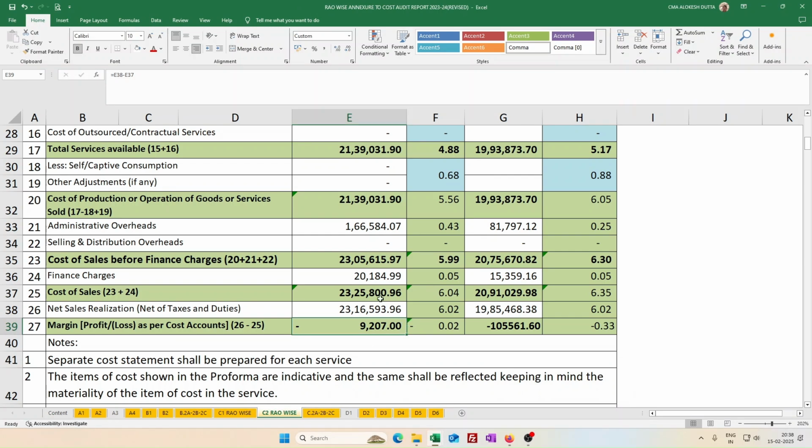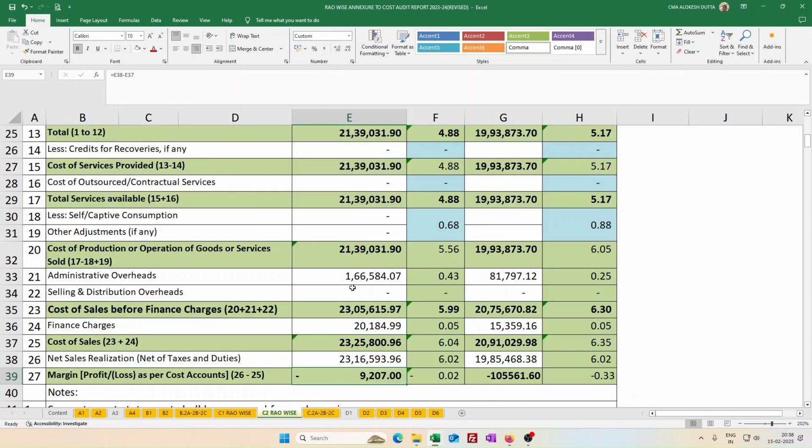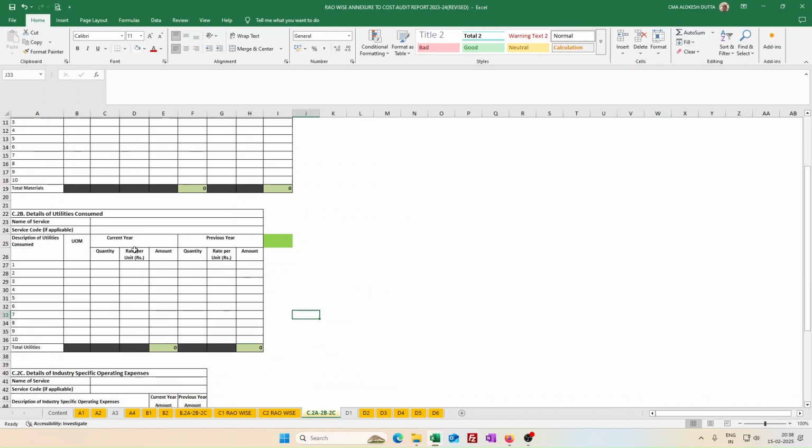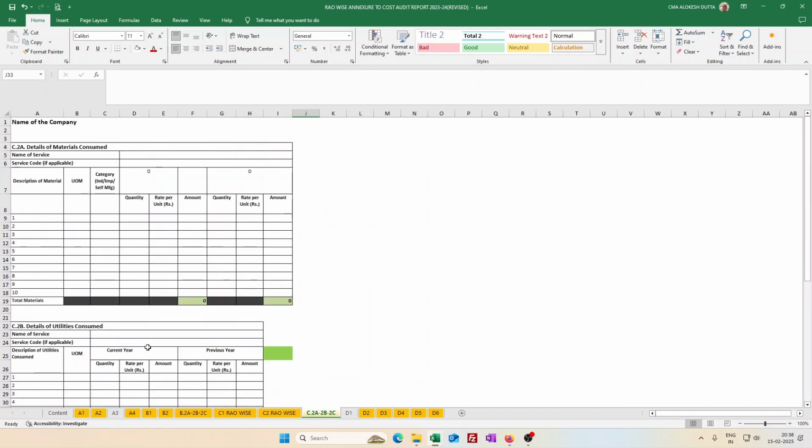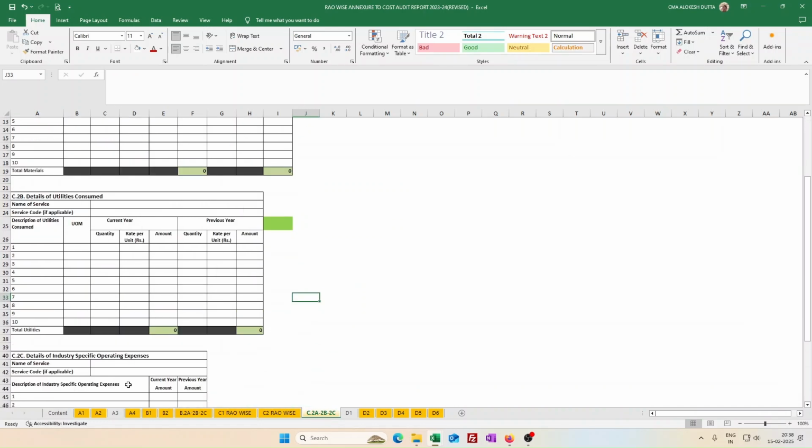Okay, till now I think it is clear to you. Now I am coming to this one. As there is no utility, these annexures are kept blank because there is no material, utility or direct industry specific expenses. Now D1,